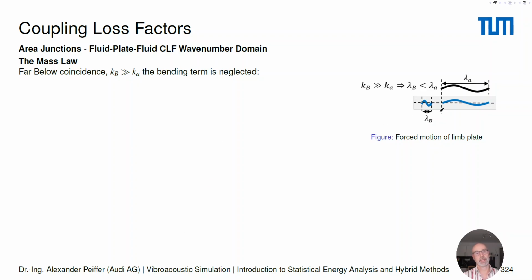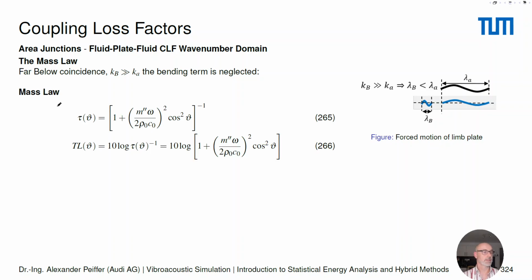This is the case where we have forced motion of the plate. That means the acoustic wavelength is very long, and it forces the plate to move with the acoustic wavelength, because the structural wavelength would be much smaller. This is the area which we call the mass law area, and we can neglect all the bending terms. And this gives us the classical mass law that you will also find in the literature,